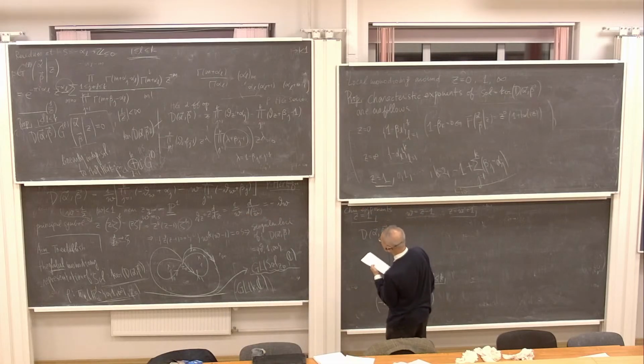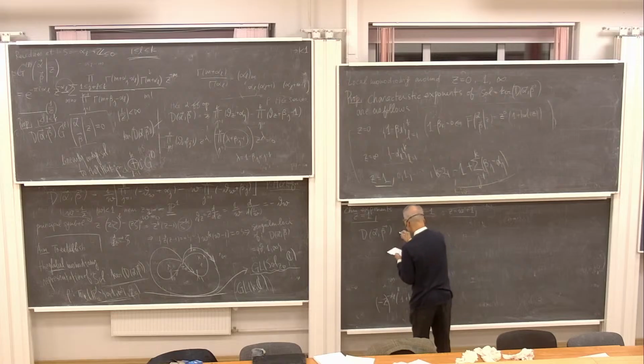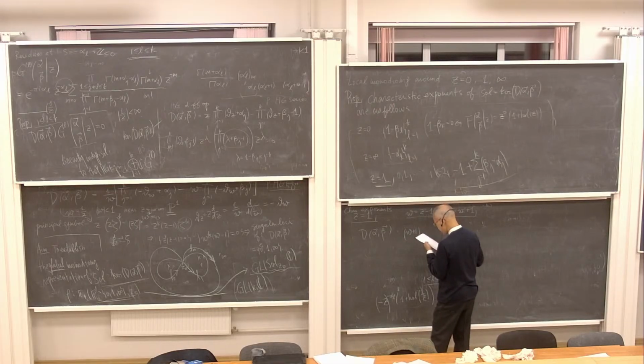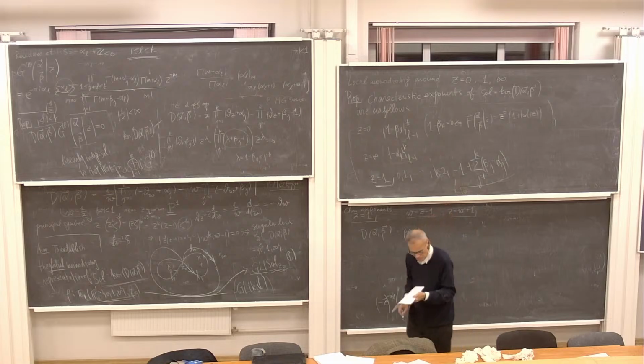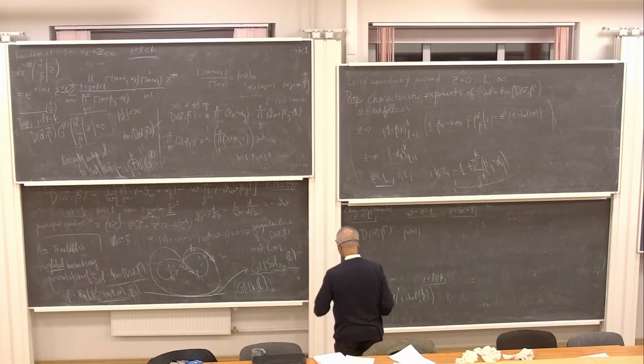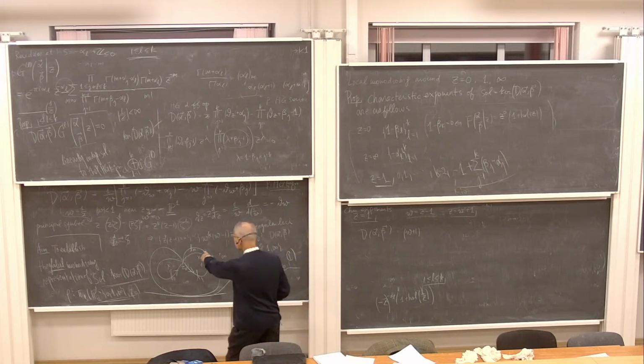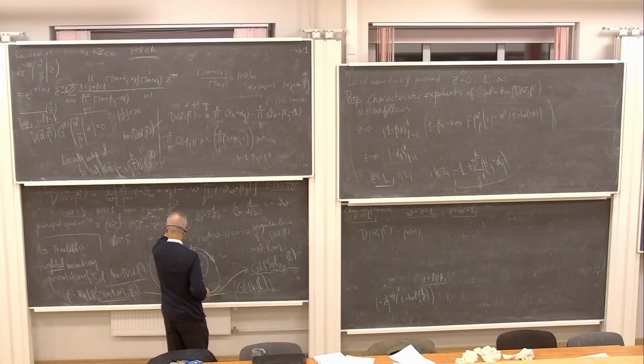So z equals w plus 1, and dz is dw itself. Before doing that, maybe